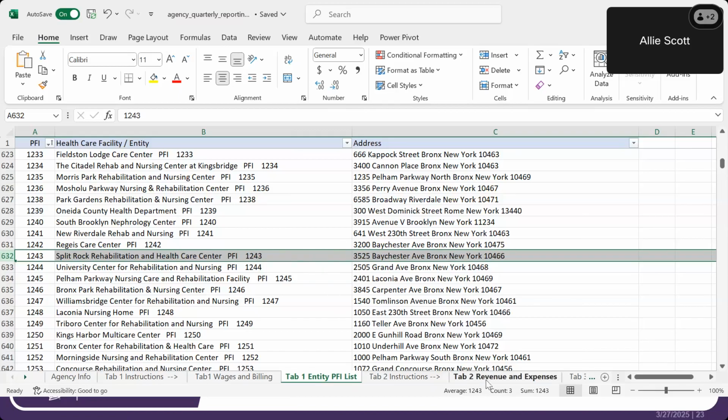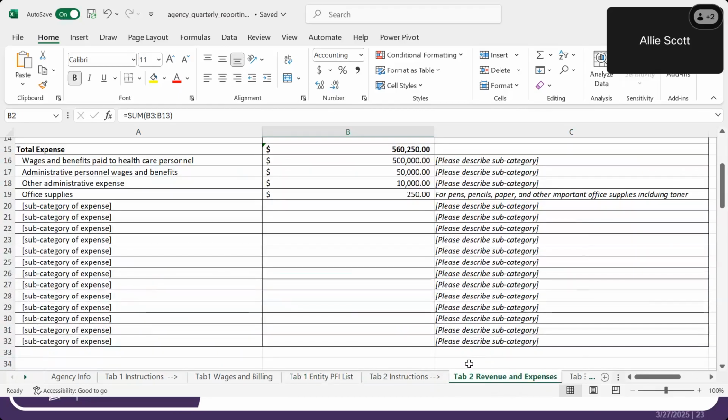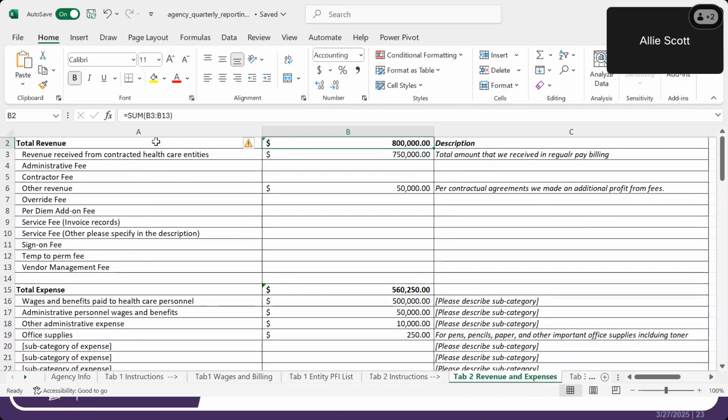All right, so we're going to move on to tab 2 now. With tab 2, agencies must report a full disclosure of all charges to the healthcare entities, which we're going to refer to as revenue, and then compensation to the employees or any other expenses, which will be referred to as expenses.